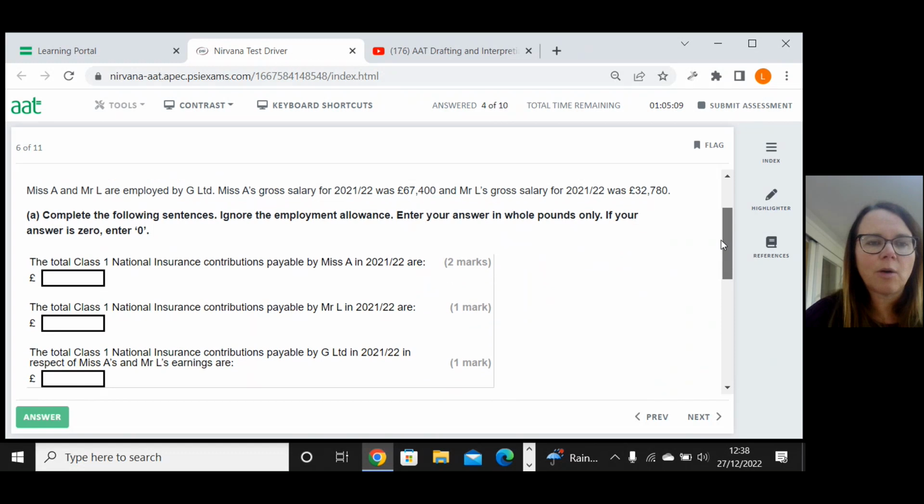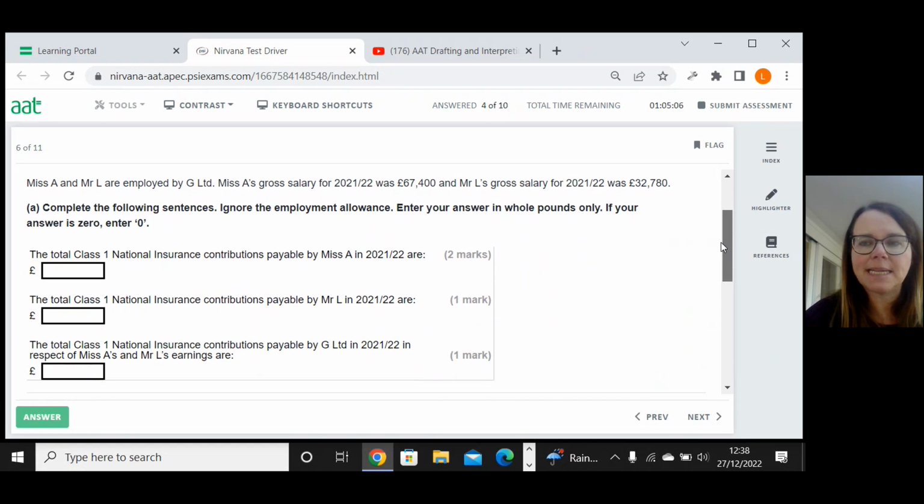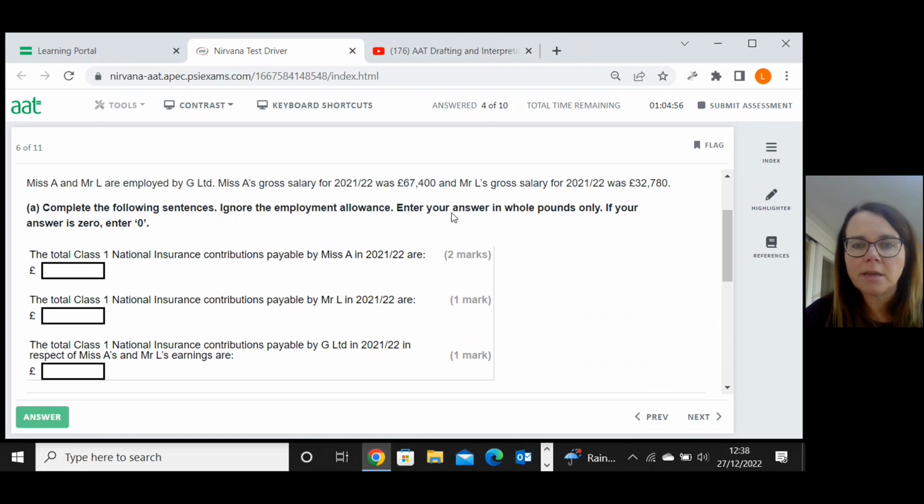Miss A and Mr. L are employed by G Limited. Miss A's gross salary is 67,400. Mr. L's is 32,780. Answers in whole pounds, 0 if needed. The total class 1 NI contributions for Miss A. So Miss A is on